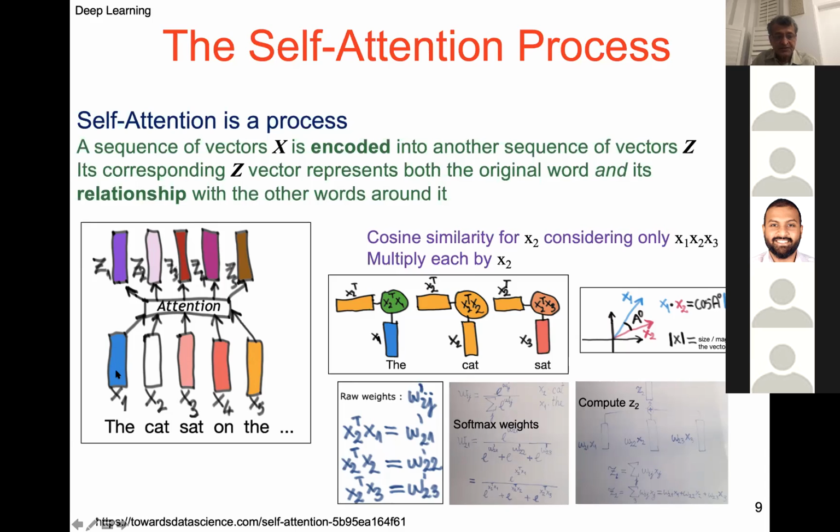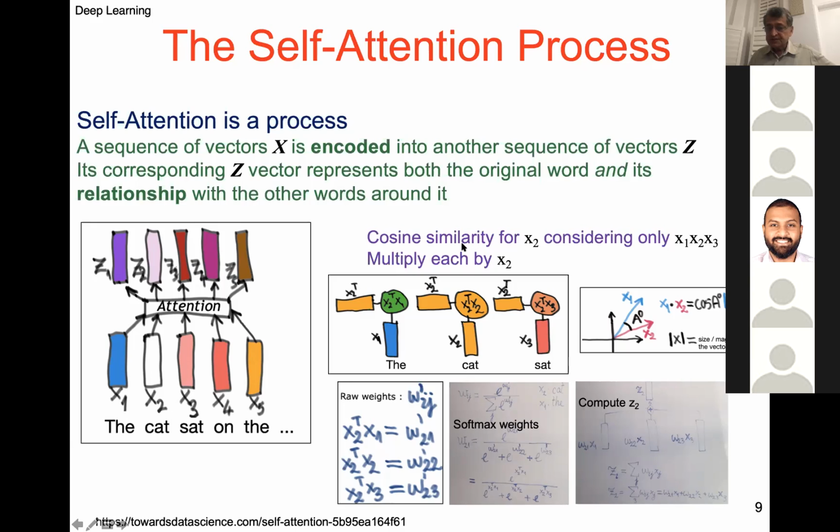So if x1 is a word, it has relationships with the other words around it. So the z vector corresponds to the original vector. So z has the word x1 in it, as well as some relationship to the neighbors. So how do we compute the z's from the x's using this attention model? Self-attention is a process that generates these. And that idea is illustrated in this simple way